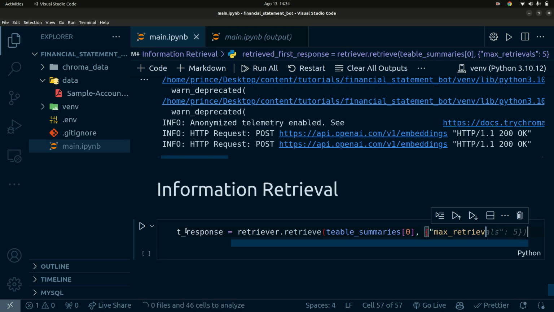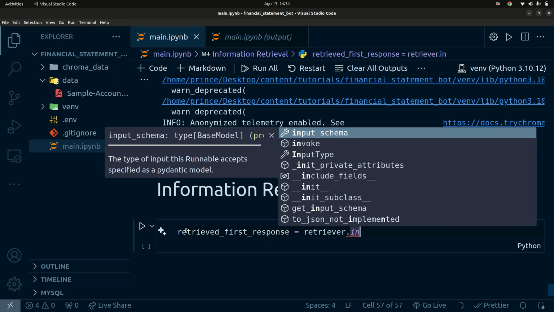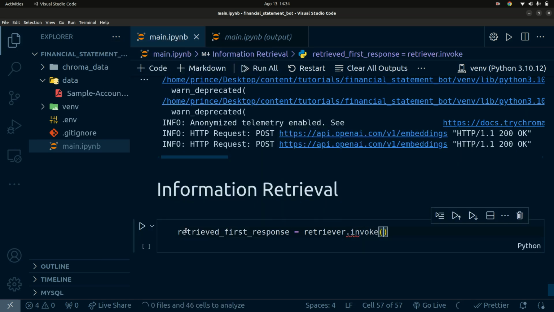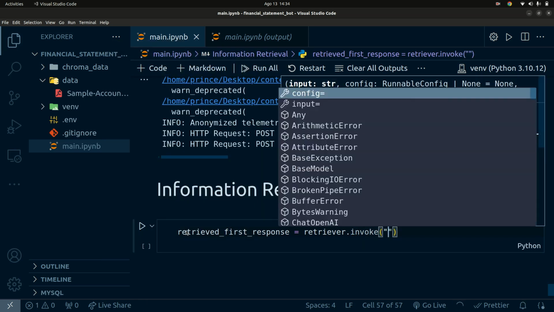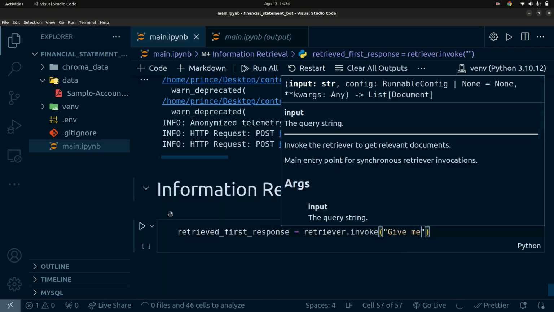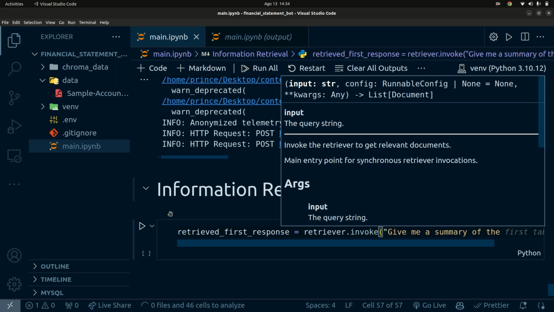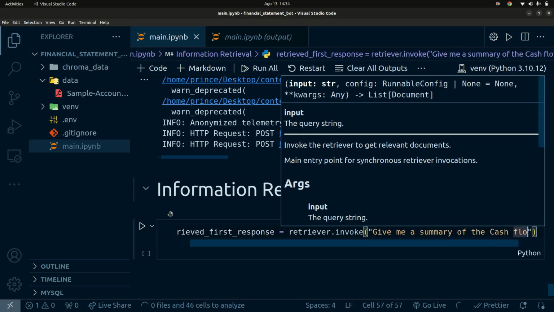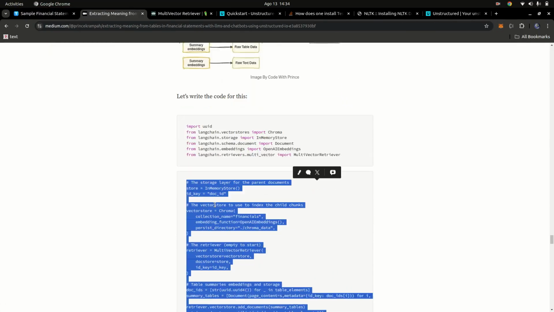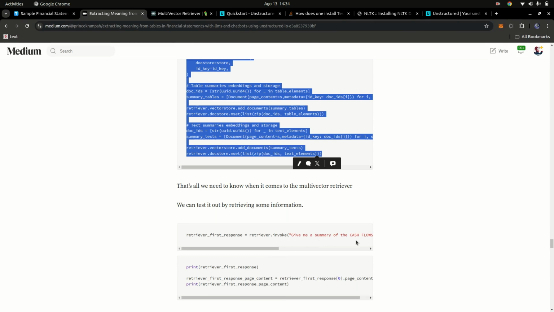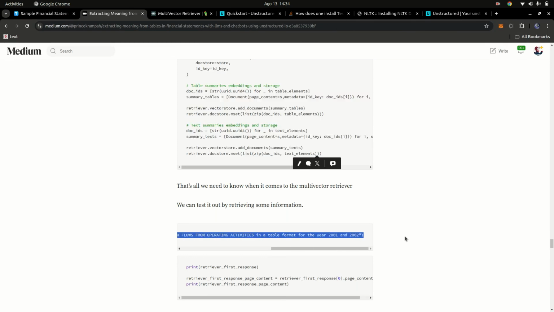Let me just go ahead and remove this. So retrieval.invoke, just like this, and I'm going to ask it a question. So give me a summary of the cash flow. Let me just get the question from here so I don't make any typos and we save on time. So give me a summary of the cash flow